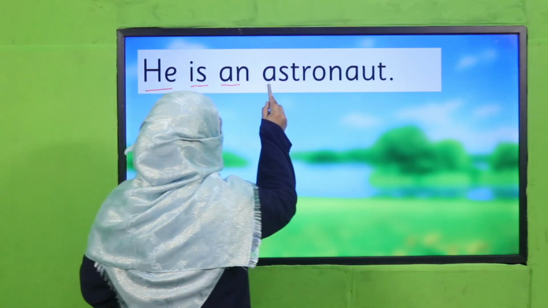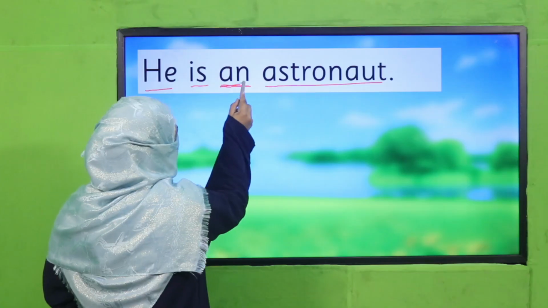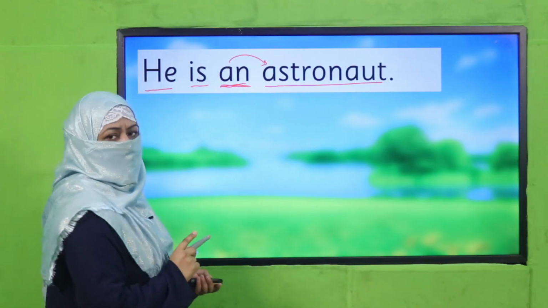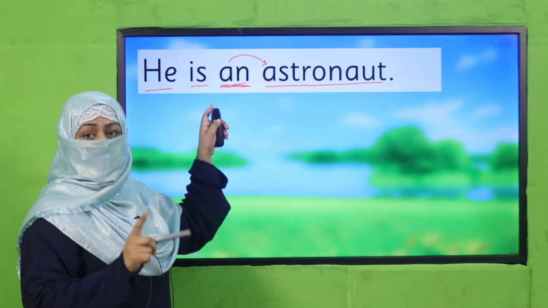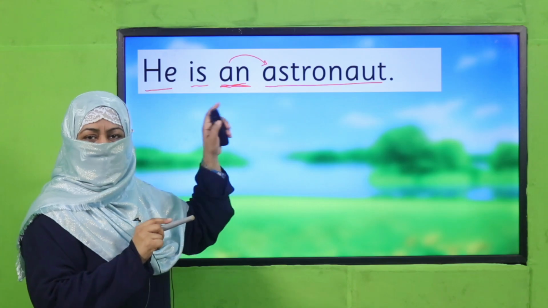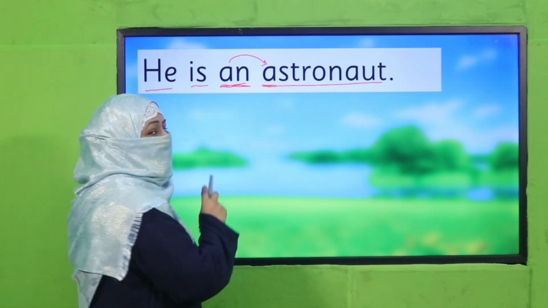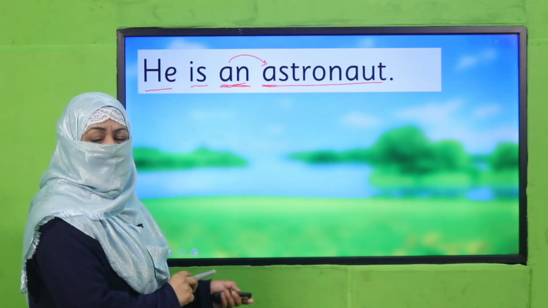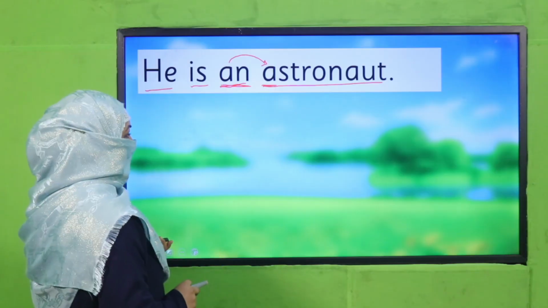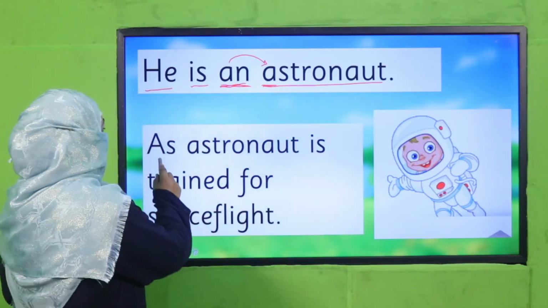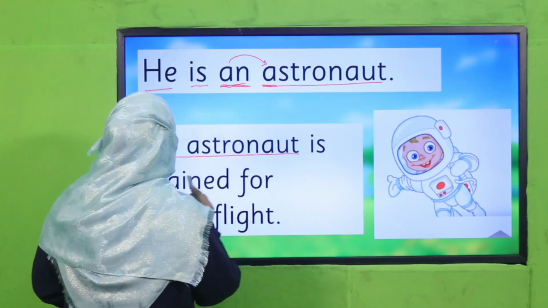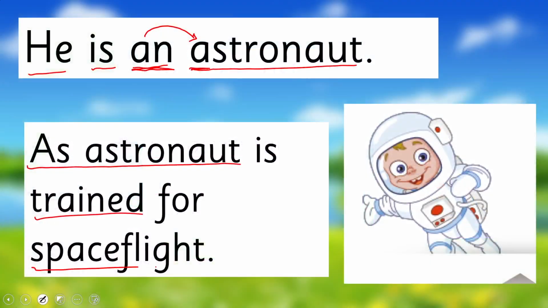He is an astronaut. So why have I used "an"? Because, in general, astronaut starts with a vowel sound. That's why I have used "an". An astronaut is trained for space flight. Okay, so again,